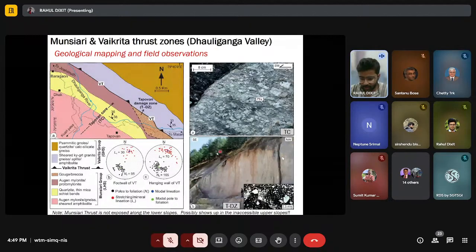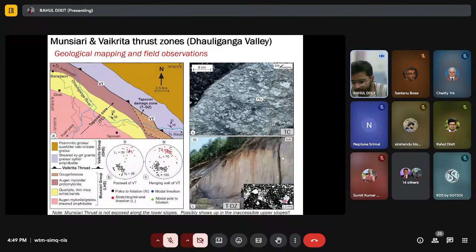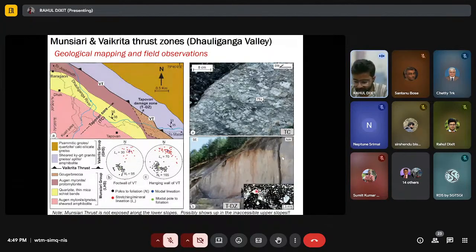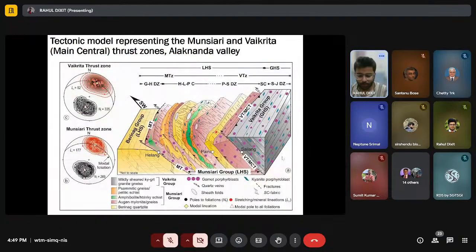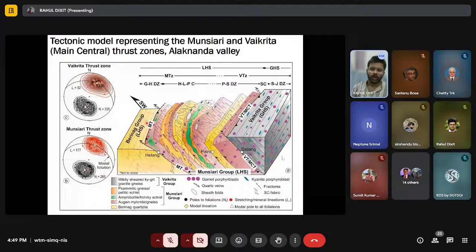So this particular outcrop that you see is a cliff-forming fault gouge zone, as can also be seen in the thin section, where very angular quartzite clasts are present in a very fine grained powdered matrix, which is non-foliated, representing the fault gouge. These fault gouges are basically formed by the pulverization of the Lesser Himalayan quartzites and the mylonite rocks that are present here. So based on all these studies in all three valleys, we came up with this tectonic model,